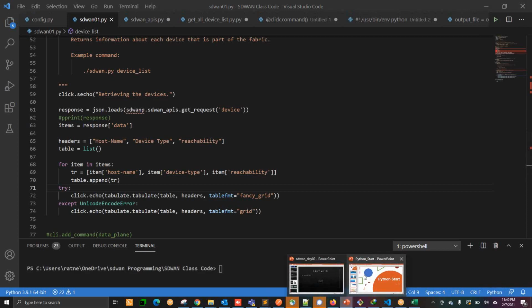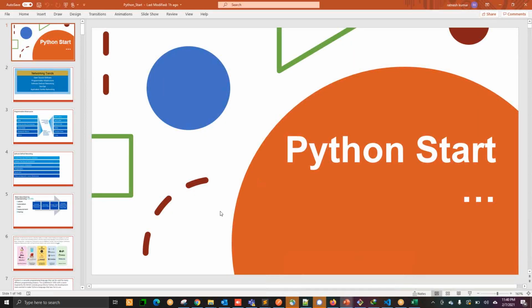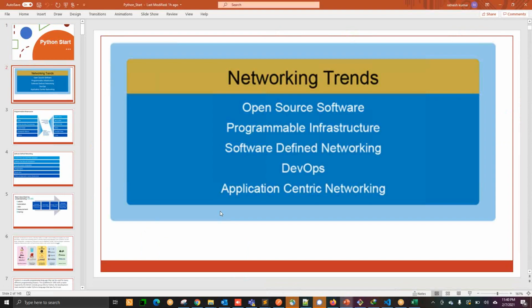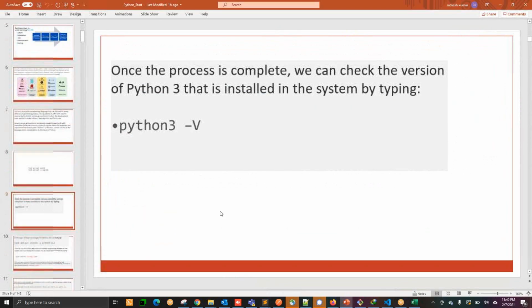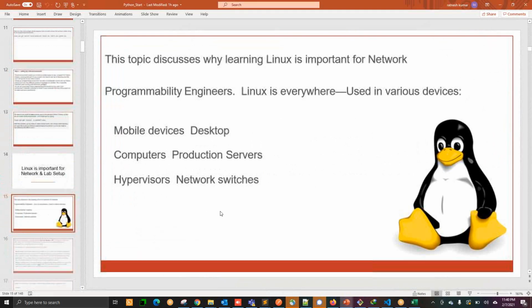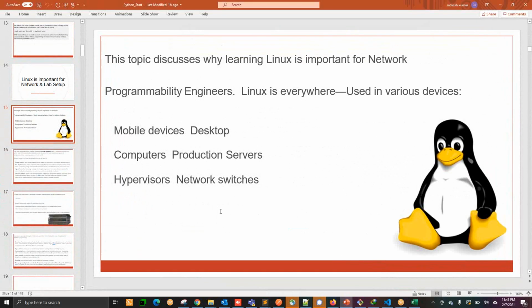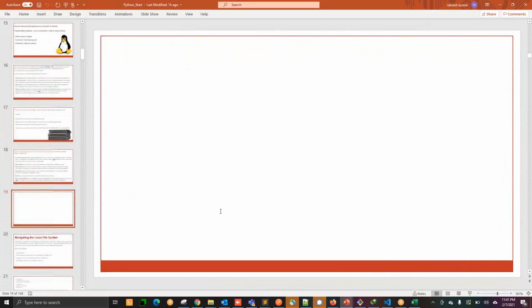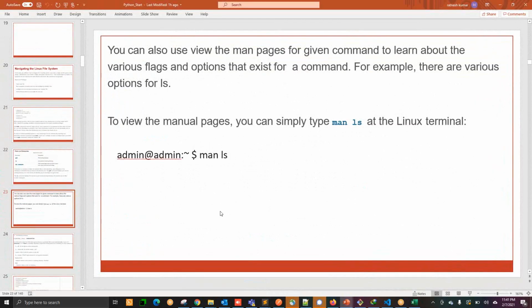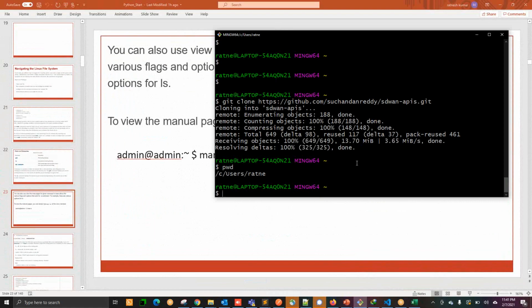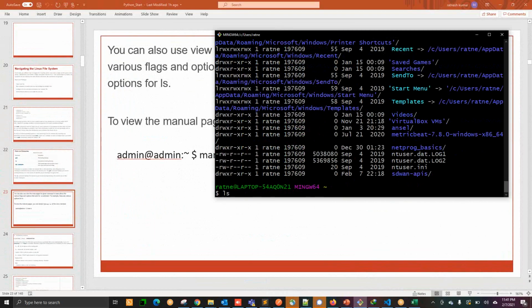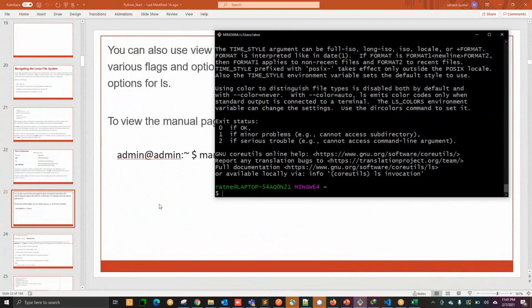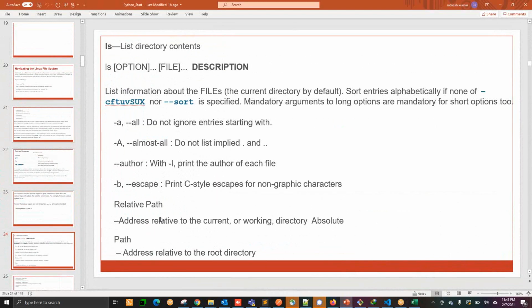So let's complete our Python part. Let me quickly walk you through this. I have created these 150 slides just for your reference. You just go through this Python. What are the things inside the Python? Basics of Linux is also required. Basic commands related to Linux. If you have GitHub, you can run those commands. So say manual, ls or ls minus la, ls maybe help, etc. So we can go and check those things.